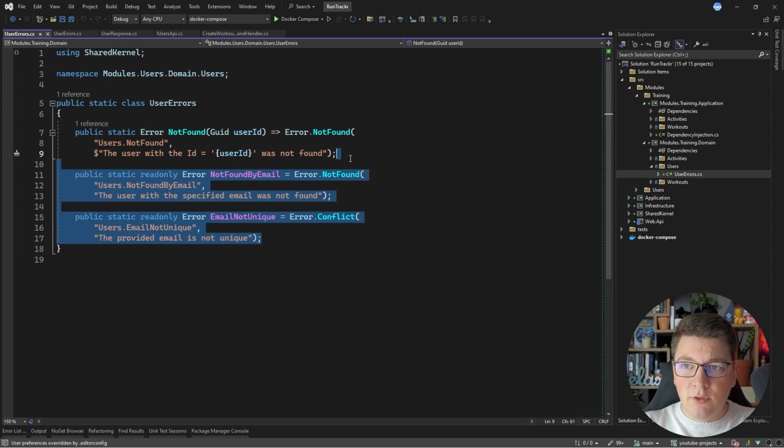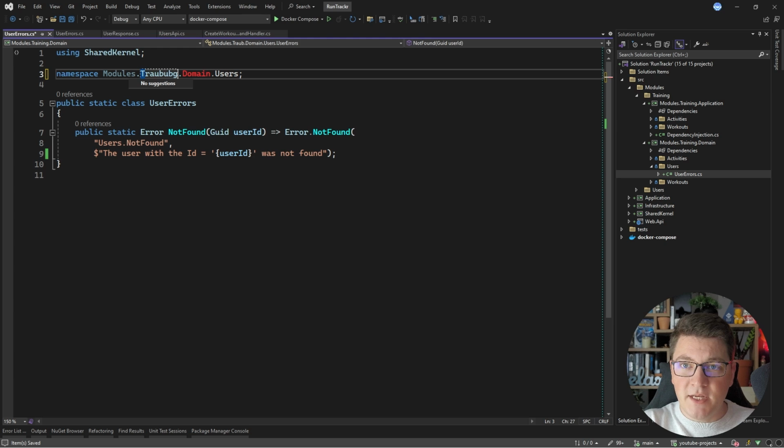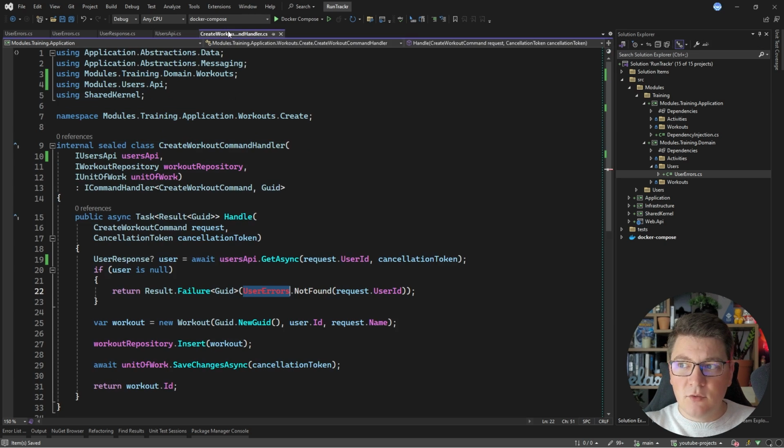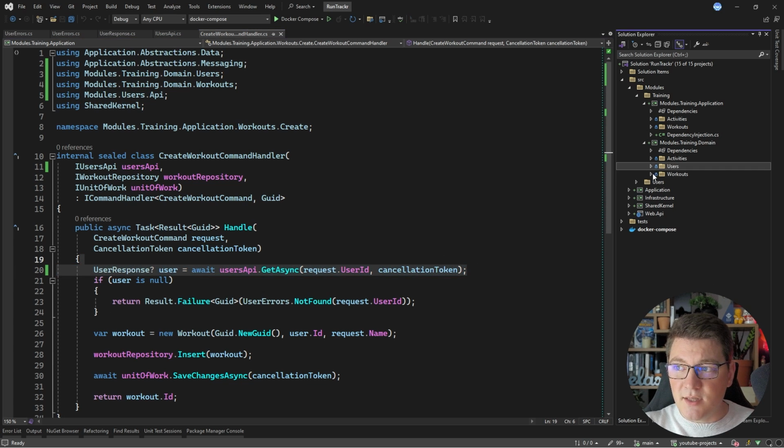I'm only going to leave the NotFound error, but I'm going to be updating the namespace. So this is now the training module, and then we have the rest of the namespace. And now if I go back to my use case, I'm going to import the UserErrors object from the training module. And you can see that the only thing that I'm referencing from the users module is just the public API. Let's go ahead and make this update in the second use case that I have,